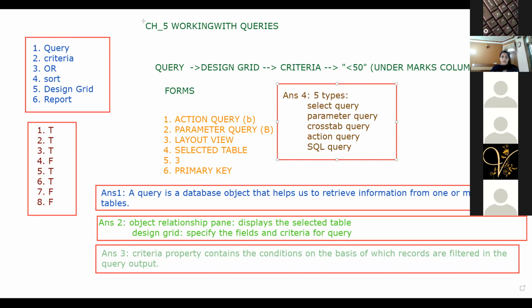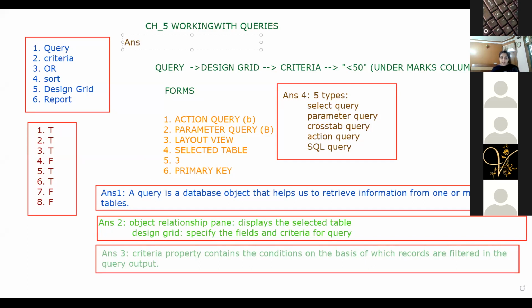Yes, Anshika, you can give the answer. Select query retrieves data from one or more tables and displays it in the record, whereas parameter query is a type of select query that prompts you for input before it runs. Right. We have to input criteria in it. So in the select query, we give the criteria beforehand, that is during the design time. And in the parameter query, the criteria is given at run time. This is the major difference between the two.